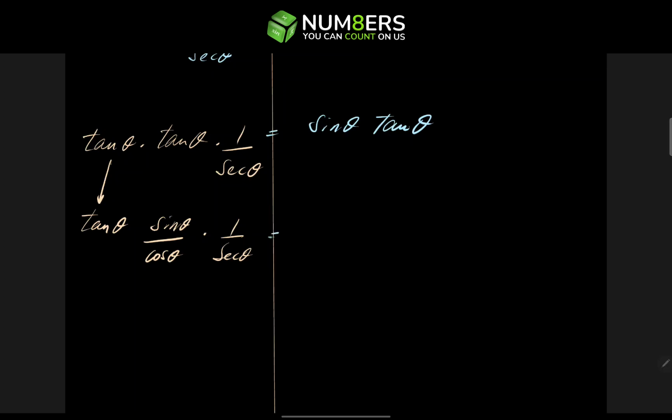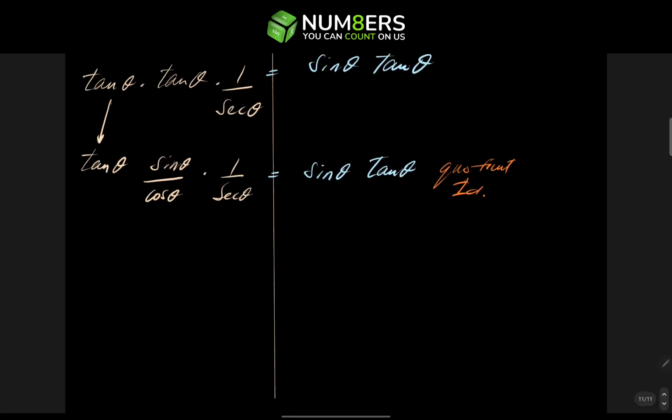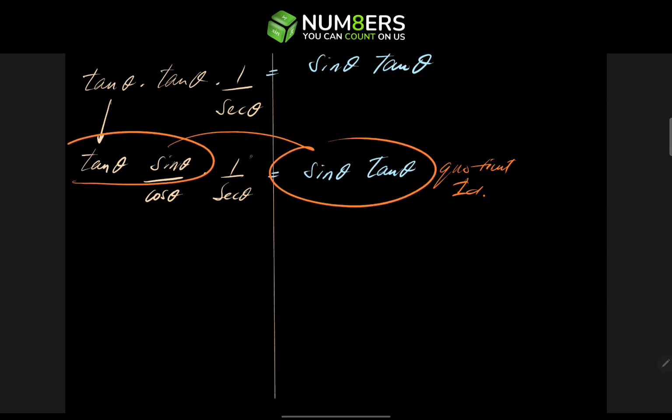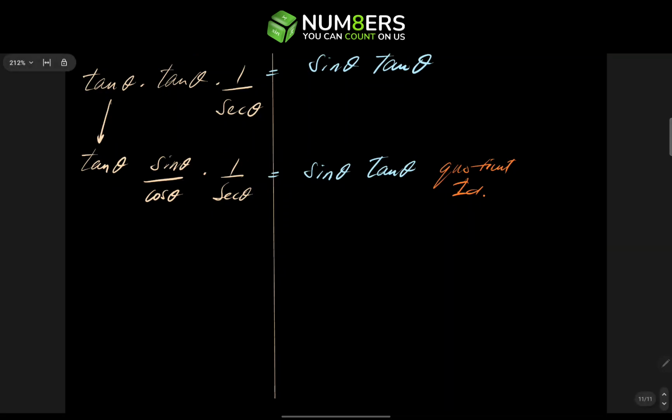And here we converted from tan into sine over cosine, and that's using the quotient identity. So we write equals sine theta times tan theta, using quotient identity. Now, the next step here is to notice that there's a sine here and there's a sine here as well. So we want to keep this sine. That means that the tan and the sine here are equal to tan and sine here. And these two have to cancel each other out, which they will, by writing 1 over secant as cosine, because